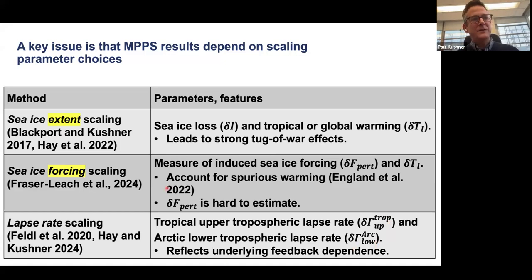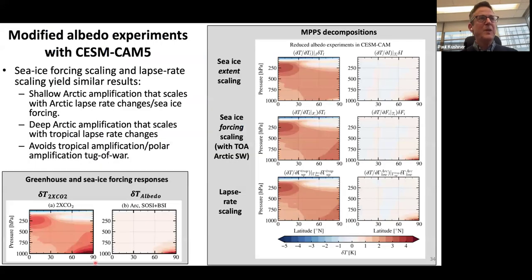But what I'm going to do now is compare these three methods, and this is some work that Luke's been up to, and I wanted to share that with you. Okay, I know that's a long setup, but there are these three methods. And what we have here are three different experiments. I'll have time to show maybe two. So this is a modified albedo experiment with the CSM model. I've shown you figures like this before. This is the response to doubled CO2, and this is the response to change of